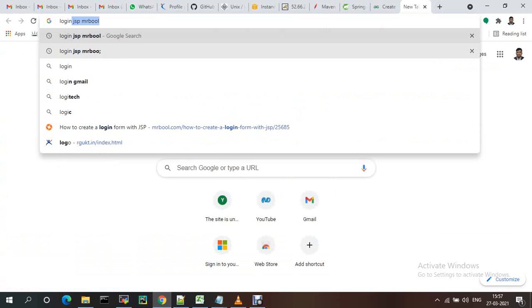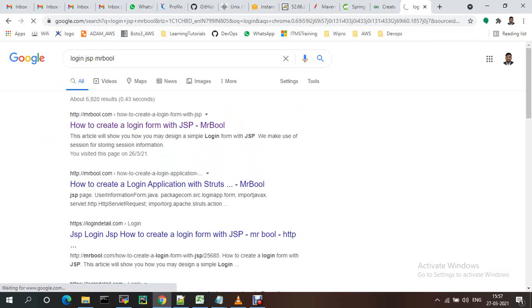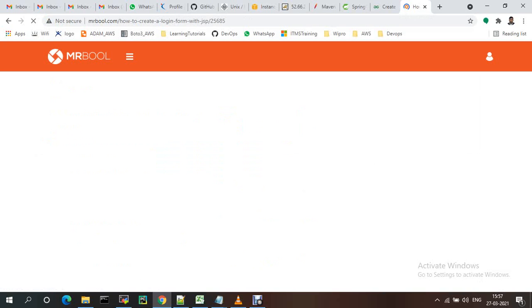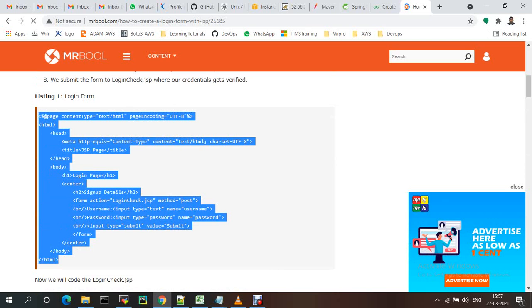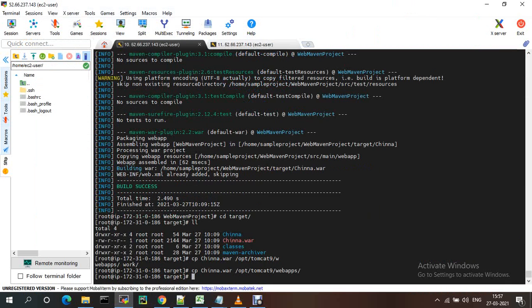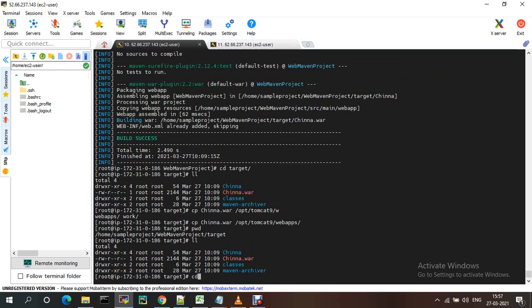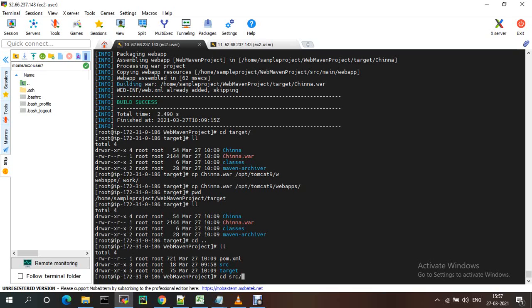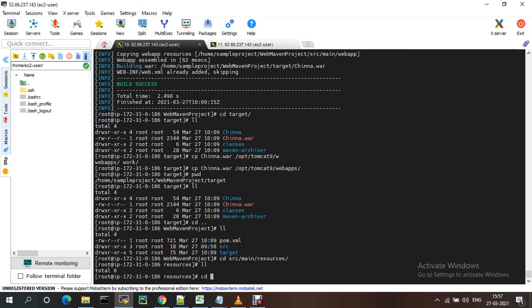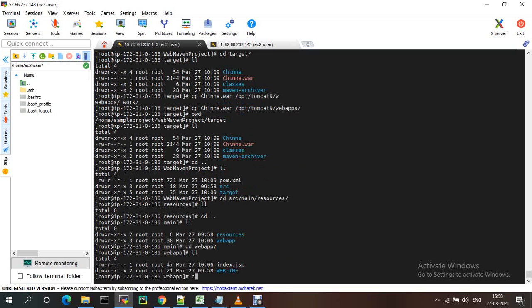Suppose I wanted to update the login page JSP or something. cd src main webapps, under webapps index.jsp is there, right?